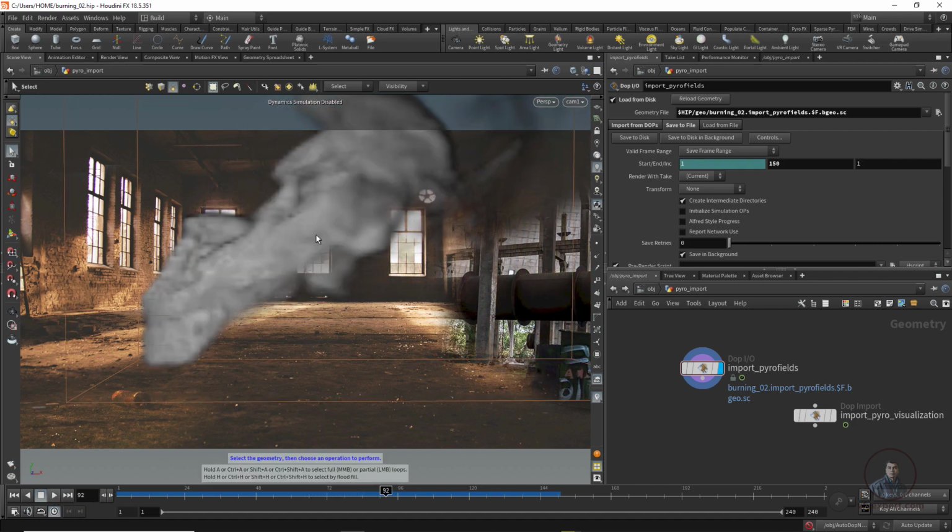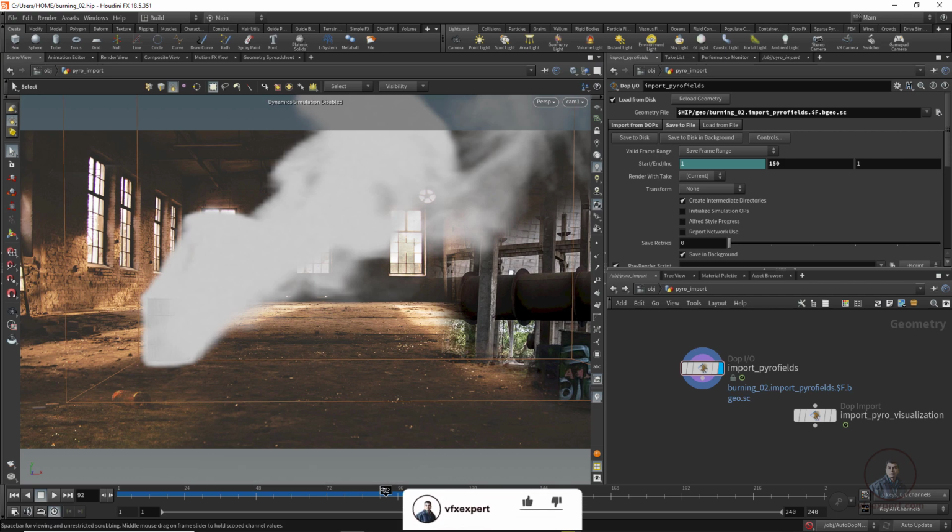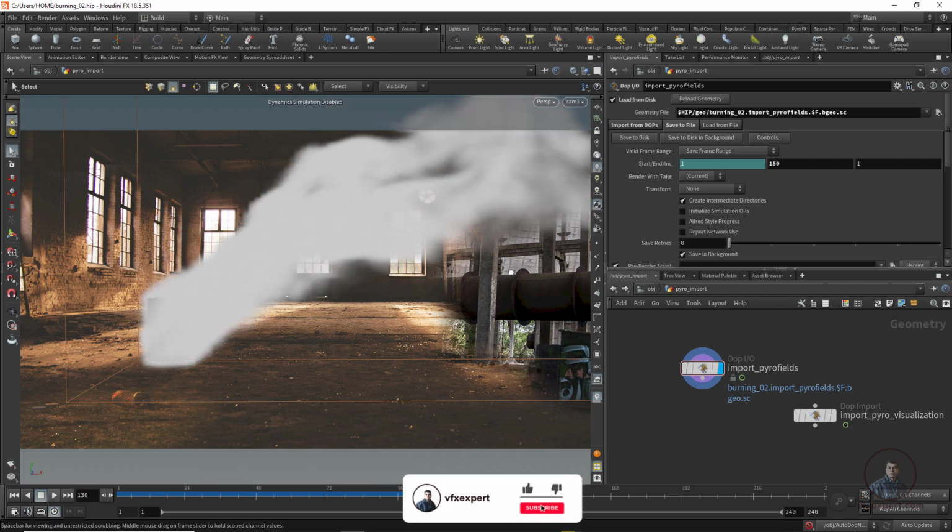So if you want to check your render, again simply come into our render view here and click on render, so you can check your render. So now you can see here everything is there, fire is here, even smoke is also here. Okay, so now stop it here, come again into our scene view here. If you want you can check it here.